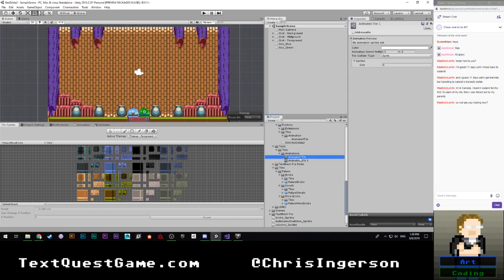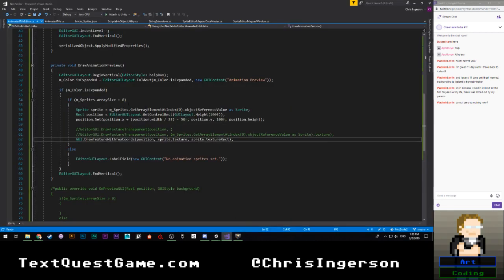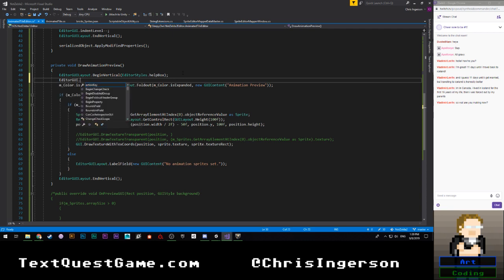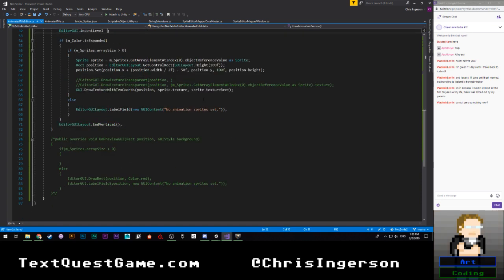That's less useful than I would have liked. We're going to do this: GUI.indent level ++. And copy this, paste this here, minus. And then we are going to